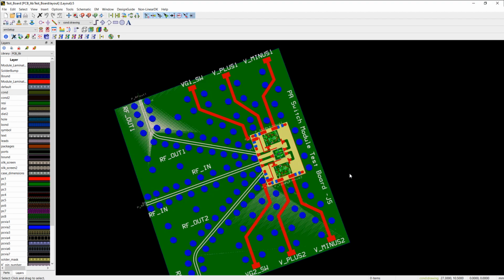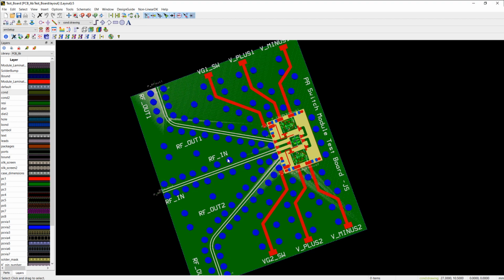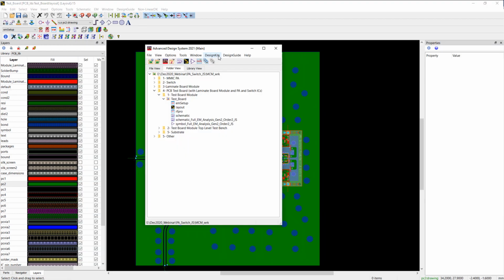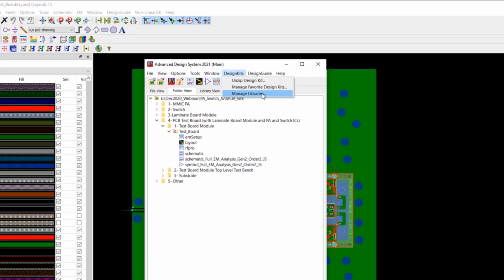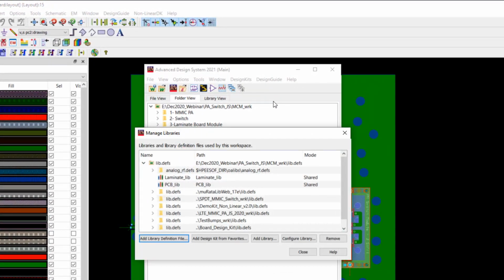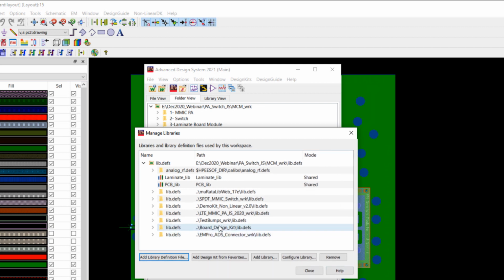Now, do you remember at the beginning I showed you how I imported all of the design libraries into this workspace? I clicked on Manage Libraries and I brought up all the libraries I needed. And now here you see the 3D EM components that I have brought in from EM Pro, namely the solder bumps and the 3D connectors.